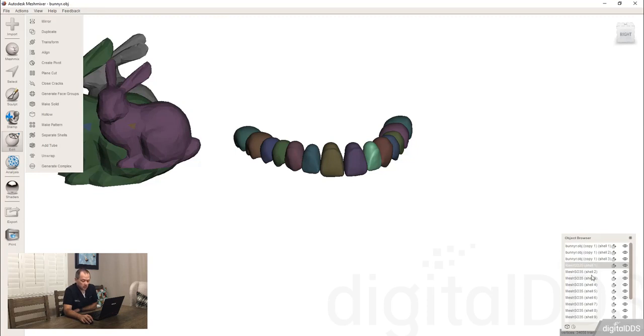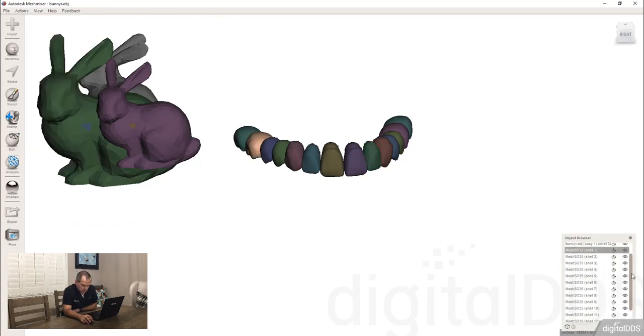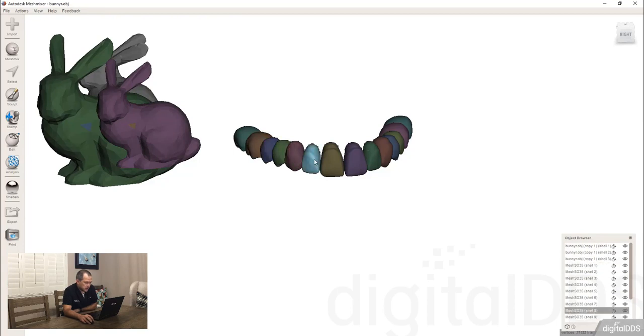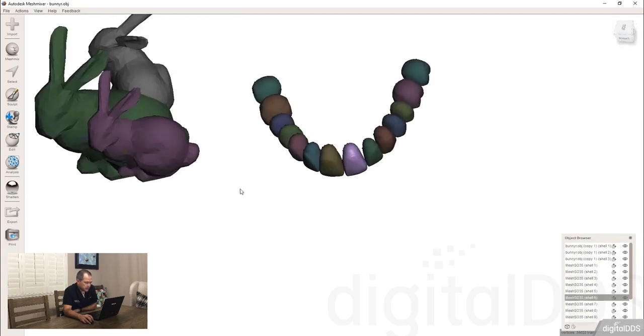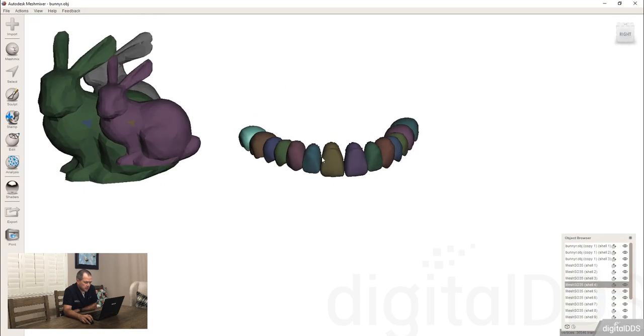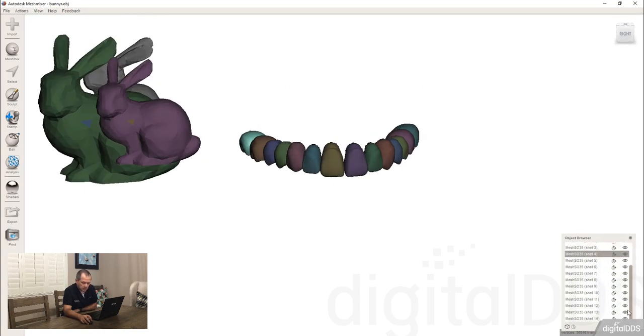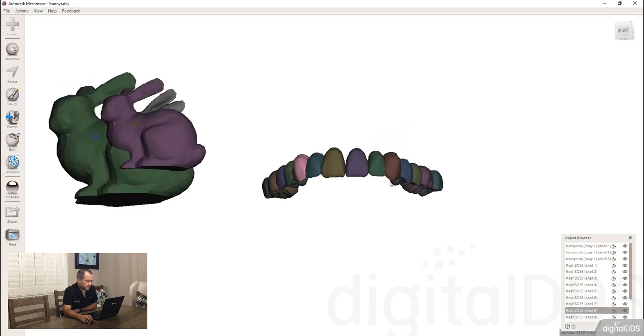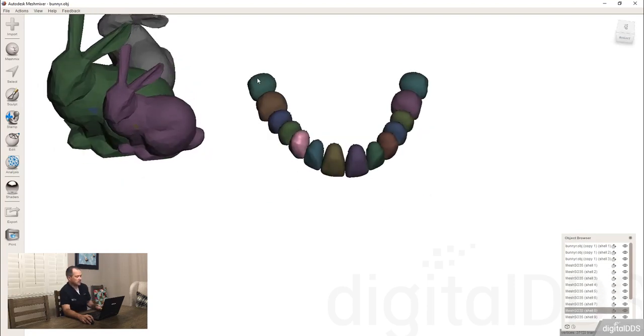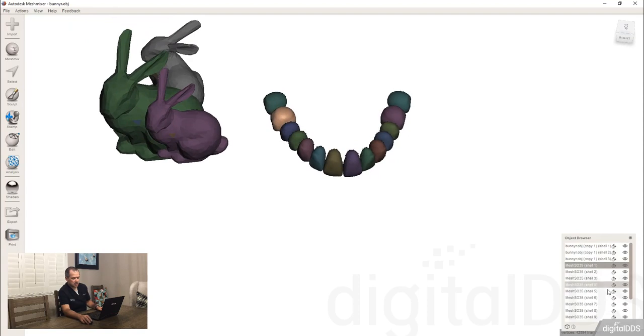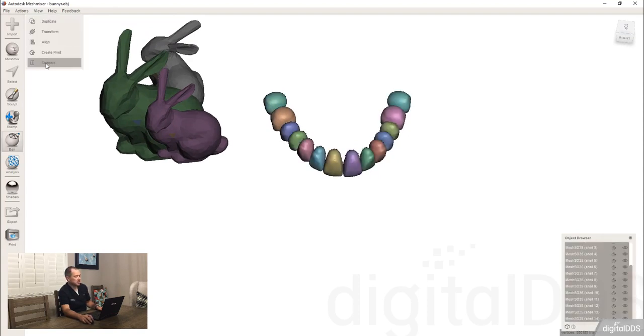All right, so if you look right here, now we've got shells all the way down through here. And I said 12, I didn't actually count. I assumed 12, but I forgot that there's a second molar in here, so it actually is 14. So you can see that all the way down to the bottom, you've got all those shells. And technically, if you selected all these shells, you could reverse what was just done by just clicking right here